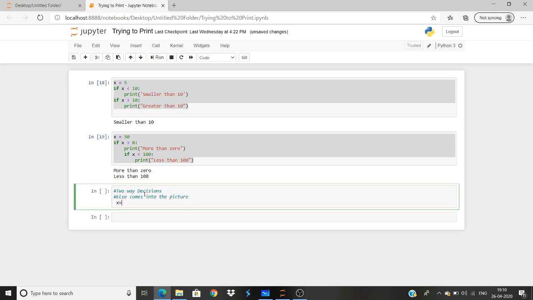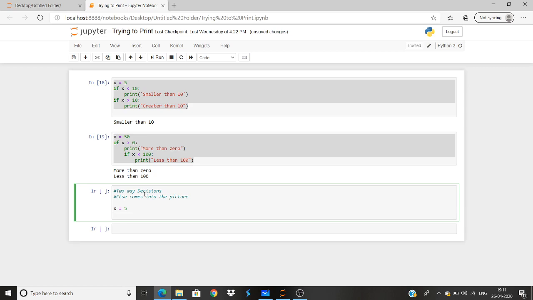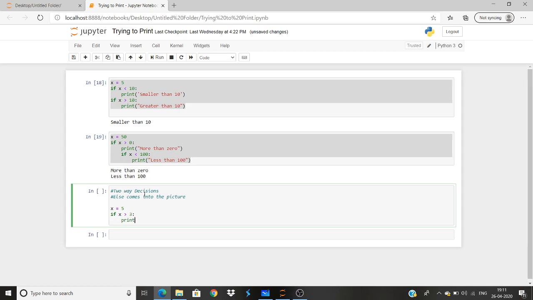So now let's say x is equal to 5, for example, and then we say, okay, if x is greater than 3, print something. We'll just write greater than 3.